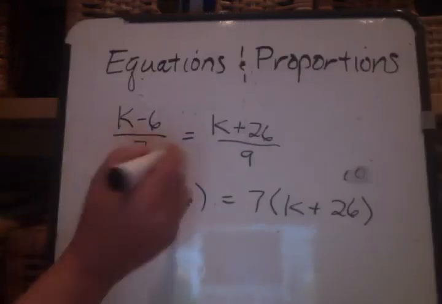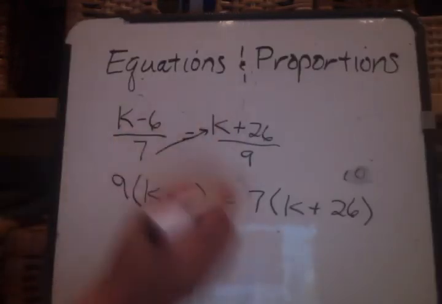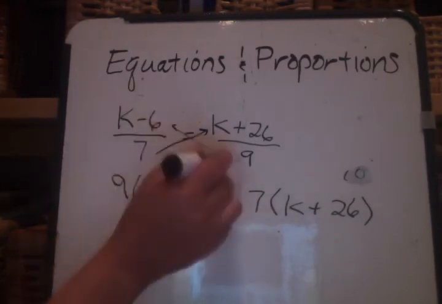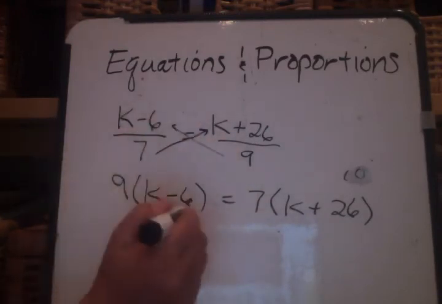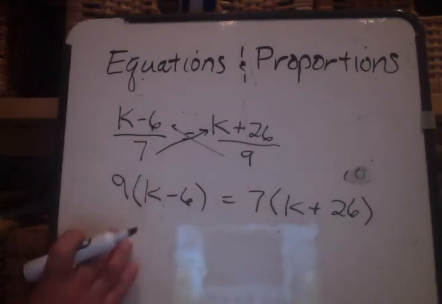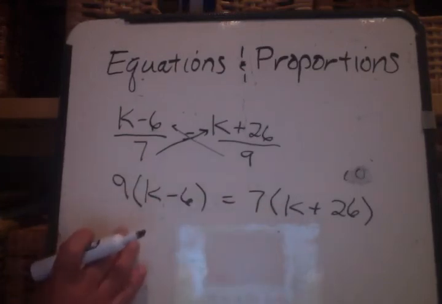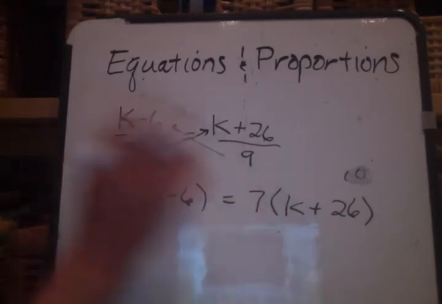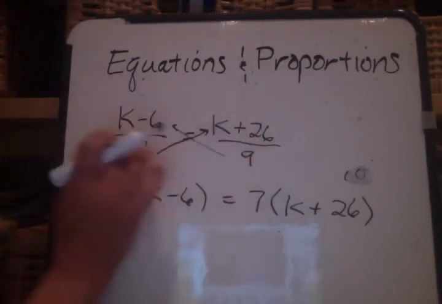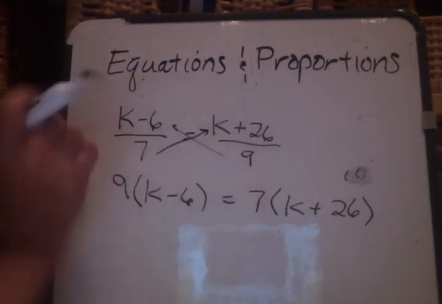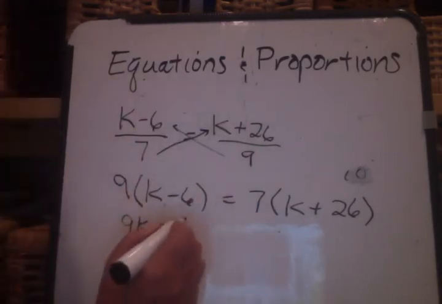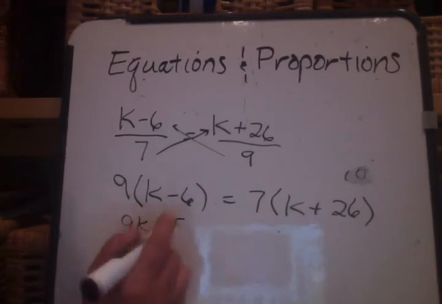Okay, so 7 times k plus 26 on one side, and on the other side 9 times k minus 6. I could have done 7 times k plus 26 on this side and 9 times k minus 6 on the other side, but make sure you're cross multiplying. Like I could never do this times this equals this times this. Anyway, so this is going to be 9k minus 54